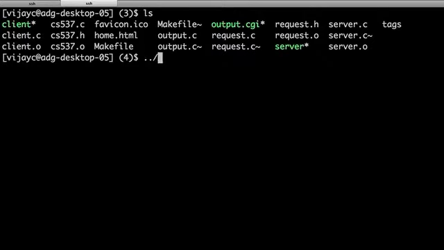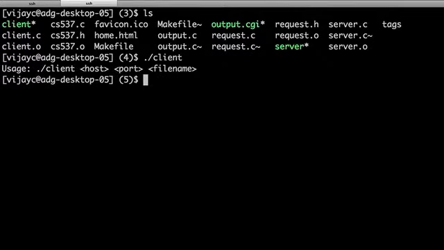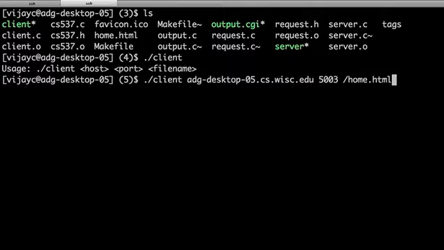So you were actually provided a very basic client so that you can communicate with the HTTP server. Here I'm going to give the host name, our port is 5003, and let's say I want home.html.